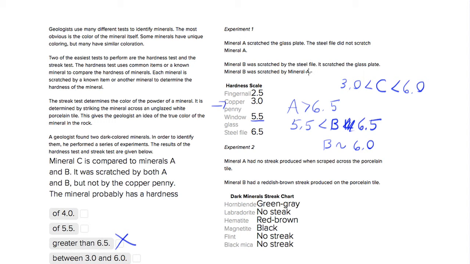So let's see our answer choices. Our choices 4 and 5.5 are both possible, but we can't determine anything more than what we've already determined. So that's not going to be good because these aren't definitive answers. The only thing we can definitively say is what we've already said over here, that C is somewhat greater than 3, but somewhat less than 6. So it's between the two. So answer choice 4 is the only one that makes